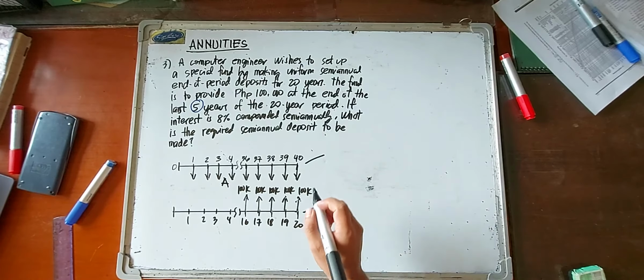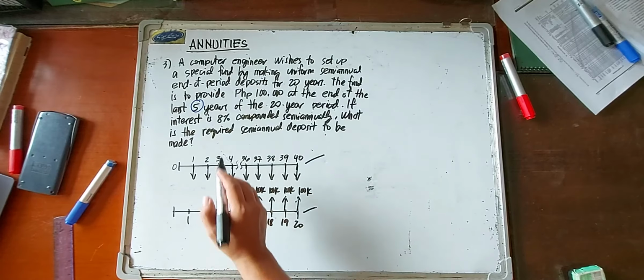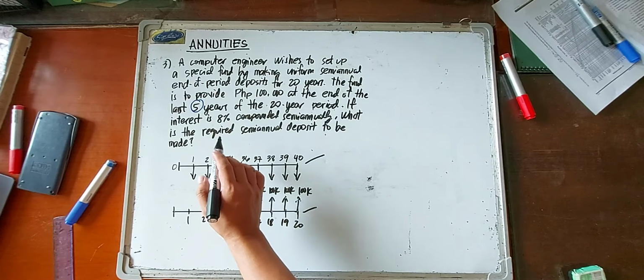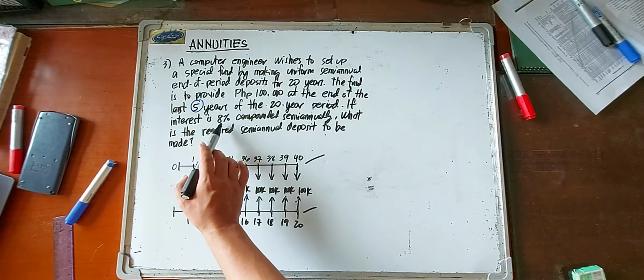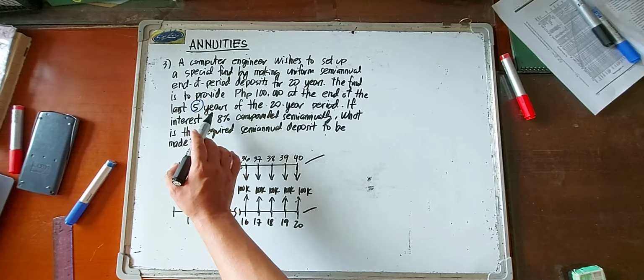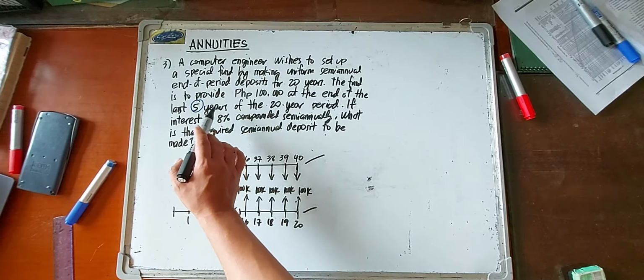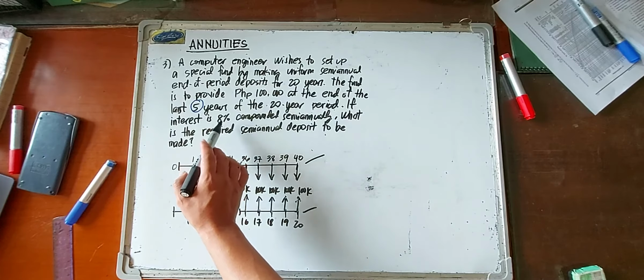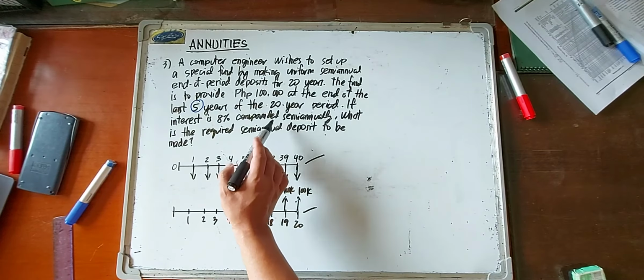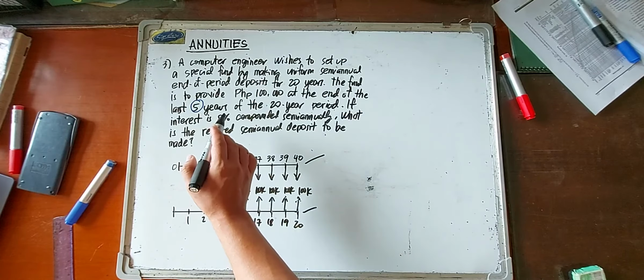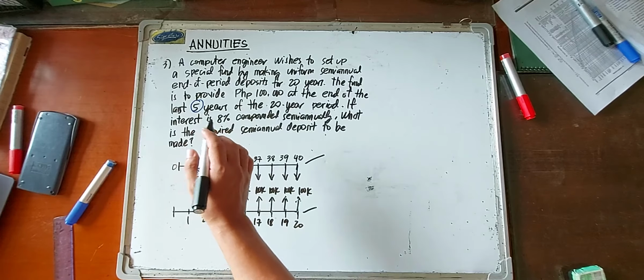Okay, so if that is the case, the semi-annual interest, convert natin to. Kasi ito yung interest rate, this is the nominal rate of interest. Ang tawag natin dito, recall natin yung mga terms natin in terms of interest. We call this the nominal rate of interest. Okay, so the semi-annual interest would be,